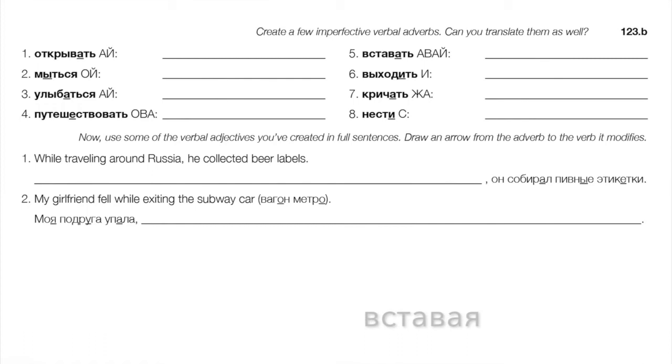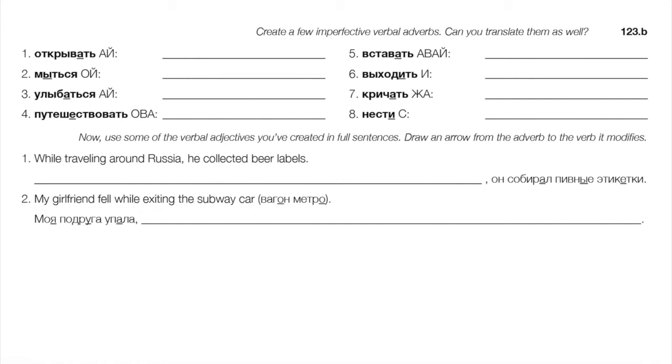Вставать, okay, be on guard with that one. It's going to be вставая, right? So the little step-by-step thing doesn't work for that one. Выходить, that would be выходит, and our form is выходя, right? Okay, now there's one where the stress corresponds to the ya form. Выходить, выходит, right? It's not the same as it is in the third plural. So if we want to be really careful, we need to look at the stress in the ya form, which, by the way, is also usually the stress on the infinitive for a lot of infinitives, like выходить, выхожу, выходя.